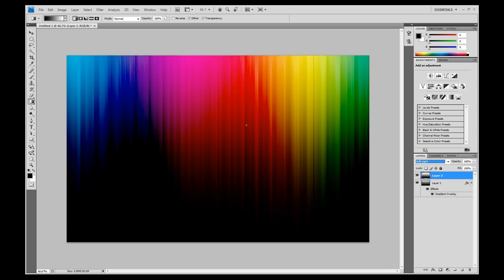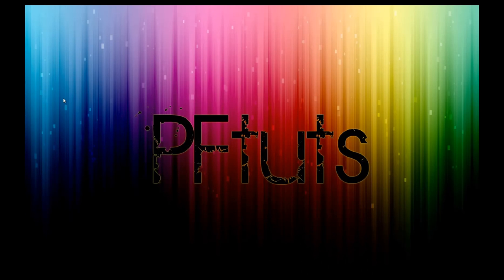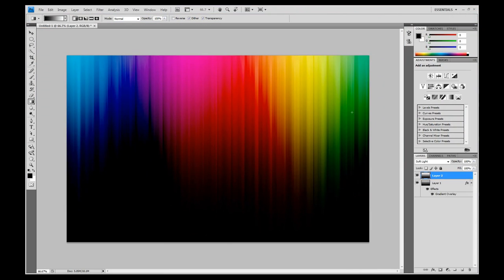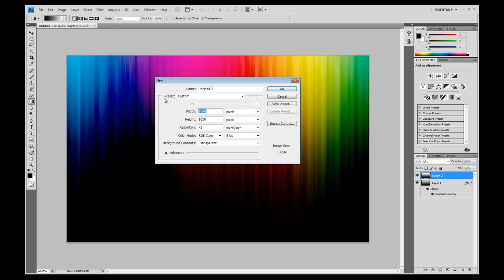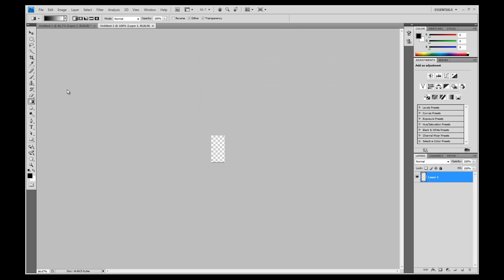Okay, now on my wallpaper you could see these little squares or rectangles. They kind of look like the matrix things. So for that, or for me, this already looks like a nice wallpaper, but I'll just show you. Open up a new document. We're going to set the width to 50, height to 100. Okay, you get this. You're going to select your paint bucket tool, paint it in black,